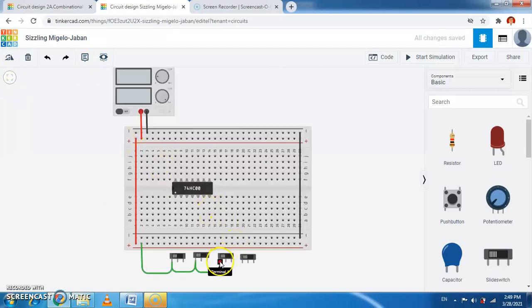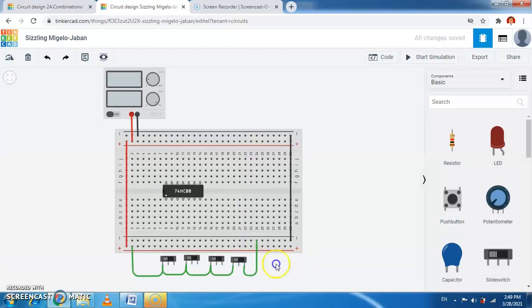Again we use this one like this, connected here. So in this way the leftmost side is connected to plus VCC. Now the other terminal we connect to the negative, that is the ground, so that we can get the 0. So this will be connected to the ground.